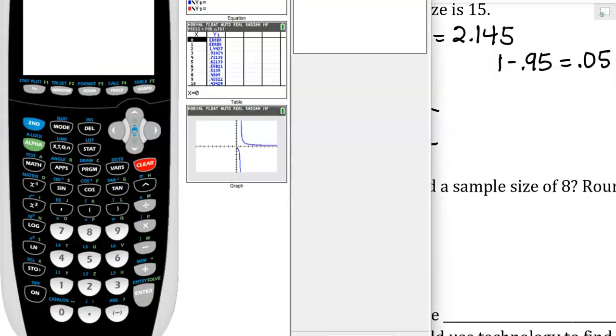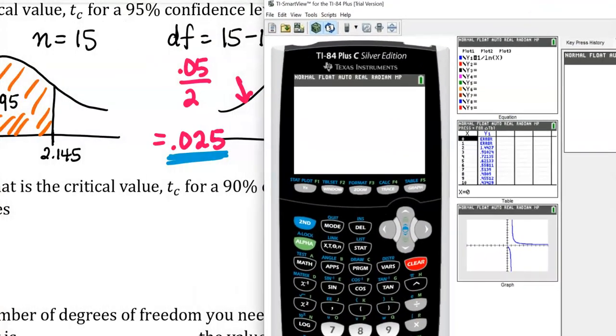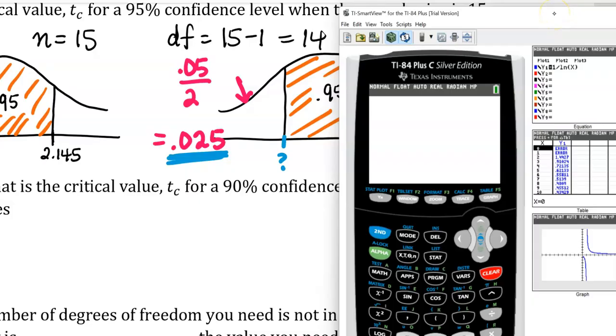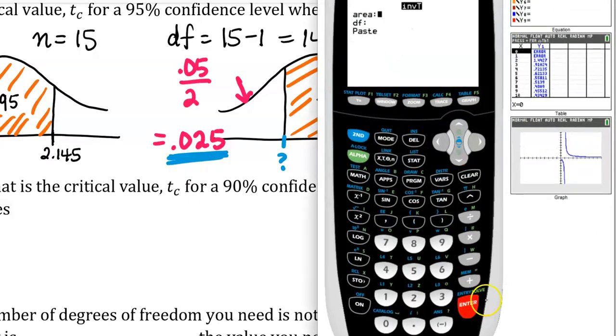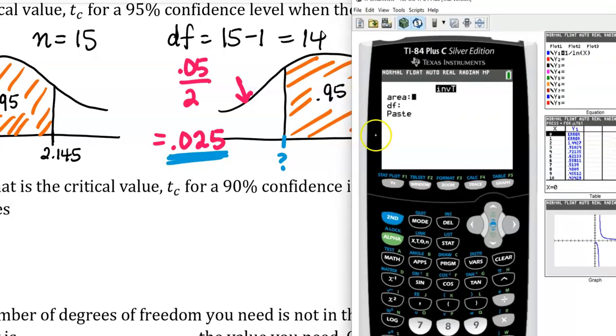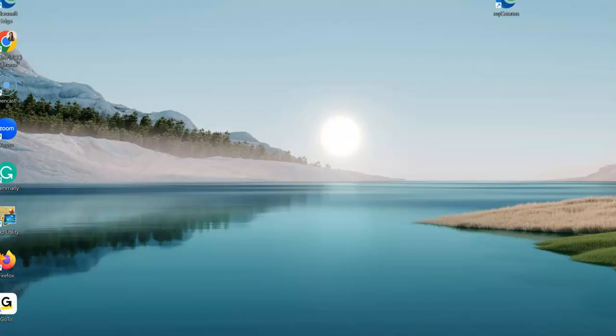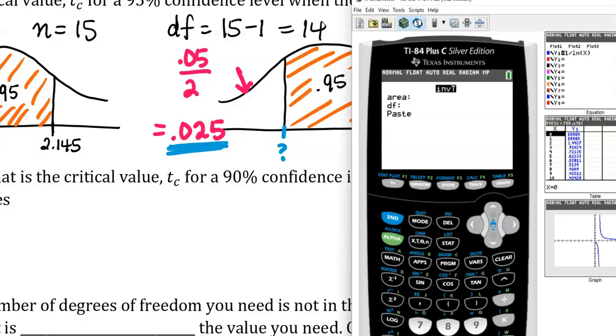So I am going to now go to my calculator, and to find that t-score with a left area of 0.025, I'm going to hit second bars to go to distribution, and I'm going to go down to number 4. I'm going to go down to INVT. It's going to ask me for an area and a degrees of freedom. Well, when it asks for area, it is asking for the left area of whatever you're looking for. And we just found that that left area was 0.025 and our degrees of freedom was 14. And then I'll hit enter, and it will give me